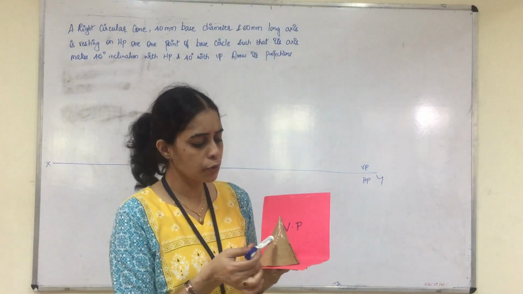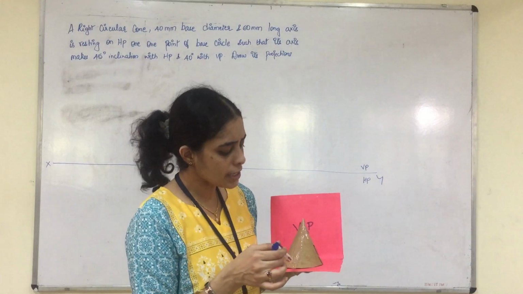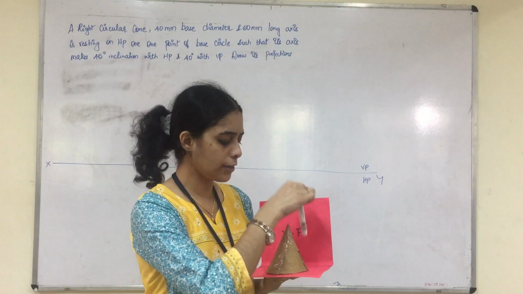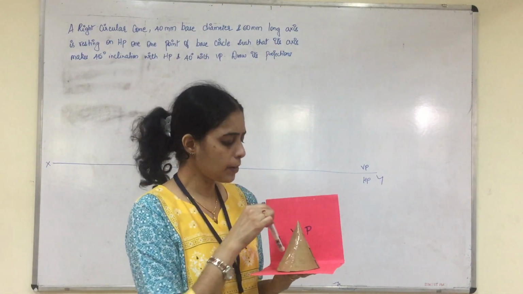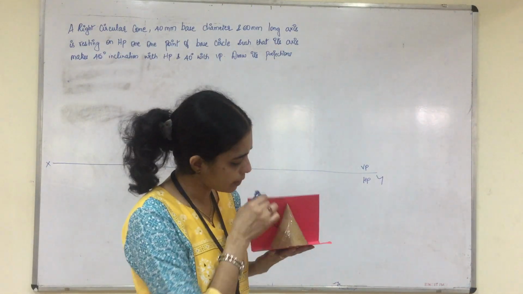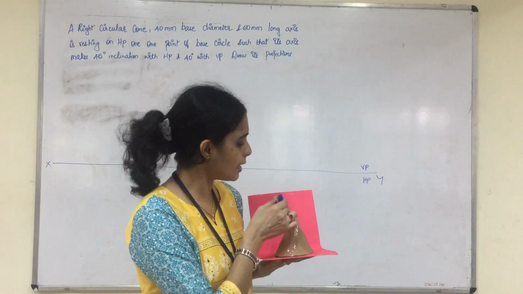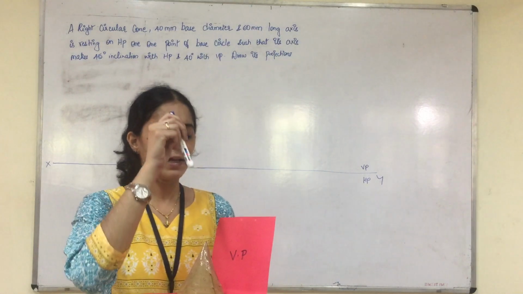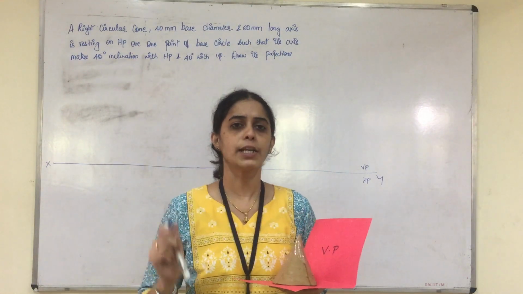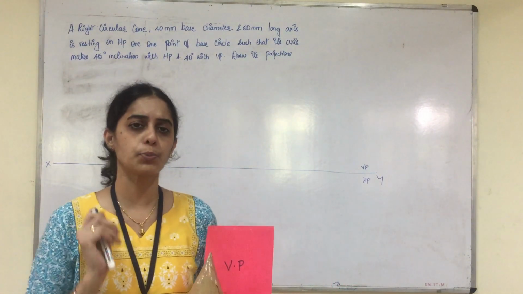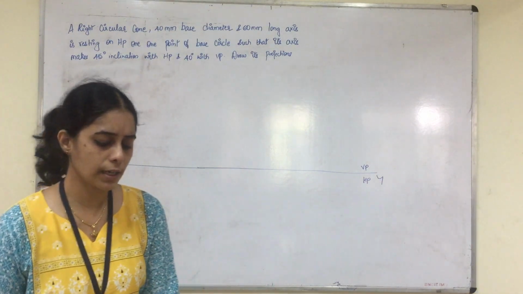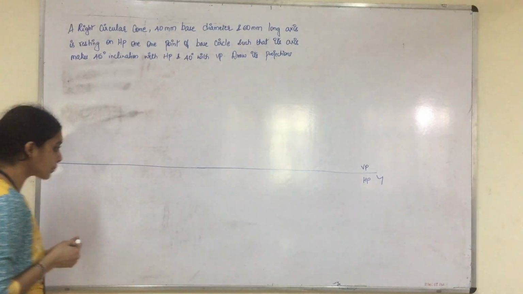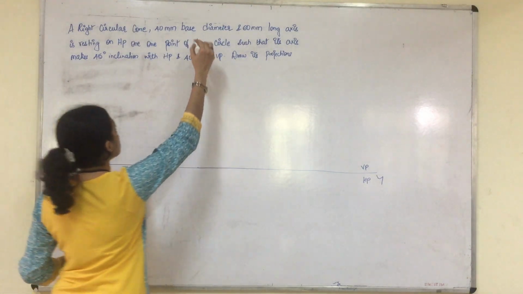Similarly, when you view from the front, you take the projection of the end generators here and here, and it will be just like a triangle. So when you view from here, the cone looks like a triangle. A triangular surface will be our front view and a circular surface will be our top view. This will be the first position when the given circular cone is resting on one of its points on HP.